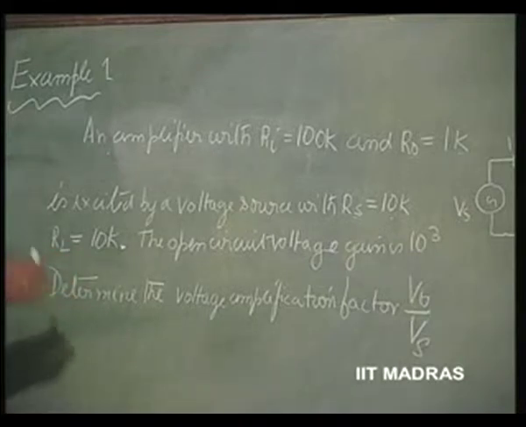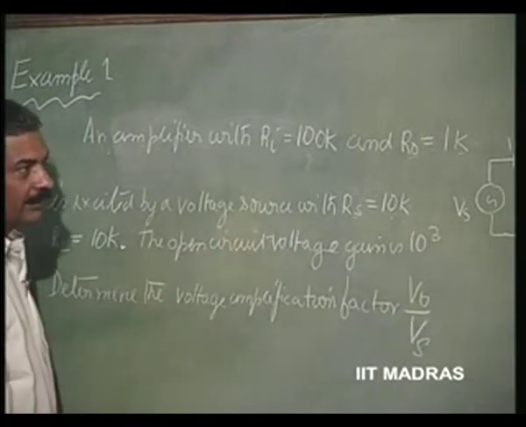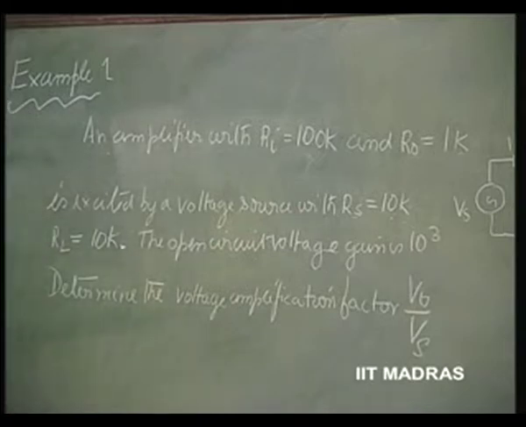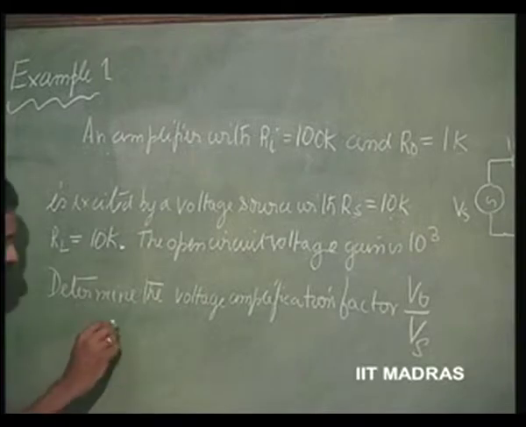So, obviously, the amplifier now can be categorized as belonging to the voltage controlled voltage source category. The open circuit voltage gain is 10 to power 3. So, the k value is given as 10 to power 3. Determine the voltage amplification factor V naught over Vs. So, now this is a very simple problem which is normally encountered in any amplifier. So, V naught over Vs,